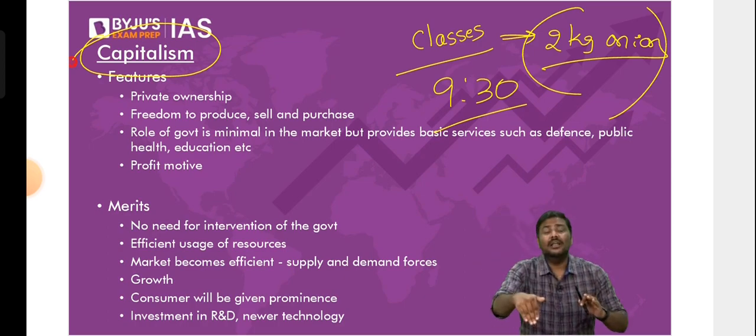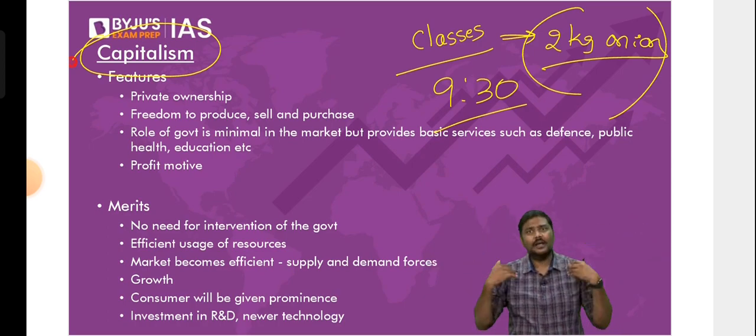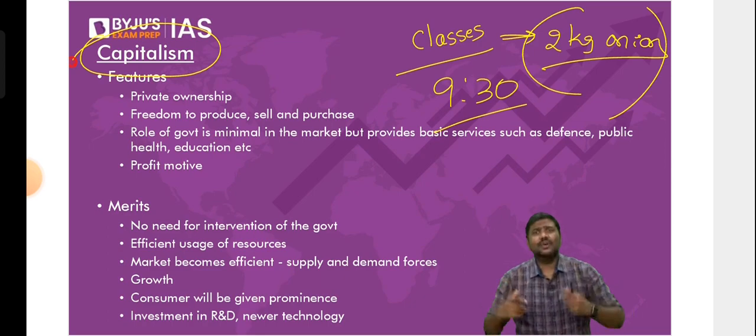The role of the government should be minimal. The market should function on itself. Right? There are buyers, there are sellers in the market. They will negotiate. They will arrive at a decision. For example, I go to the shop, I will go to the market, I will haggle with the seller, I will negotiate, and basically I'll come to an agreement.